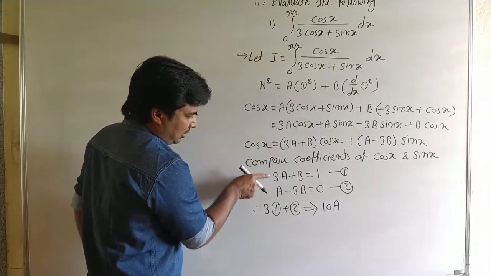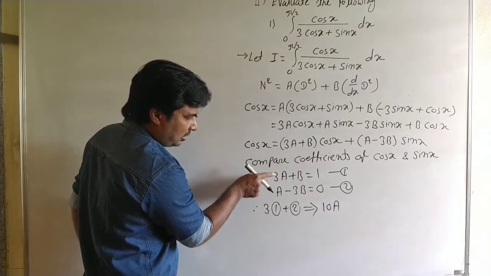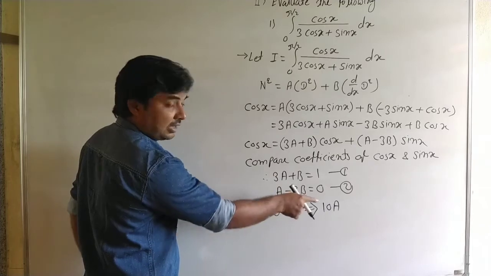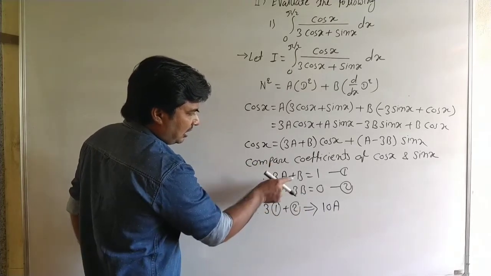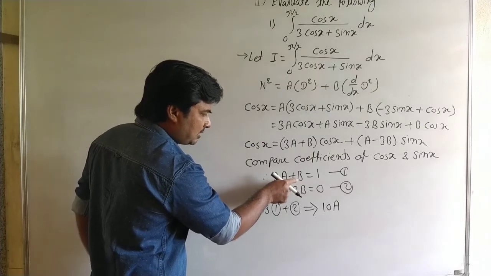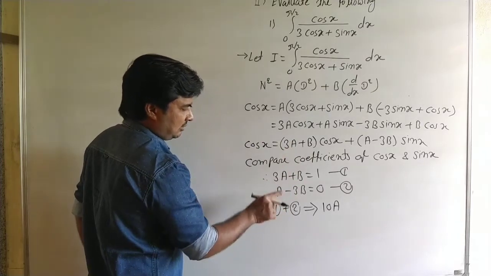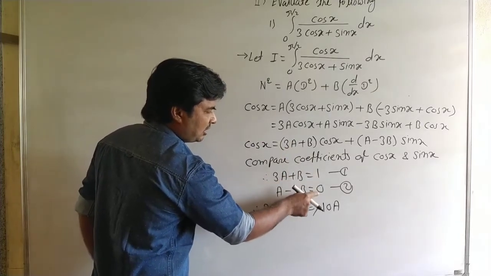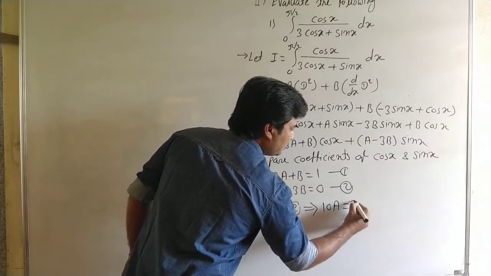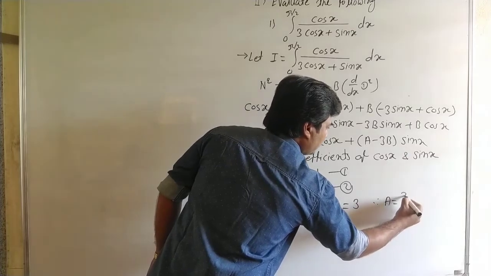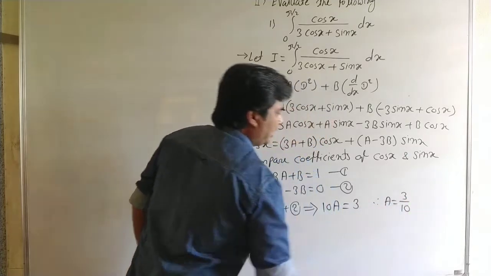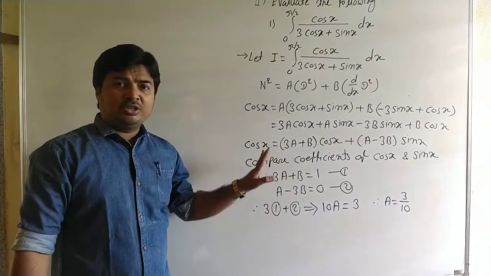Okay, we multiply equation number 1 by 3, therefore it is 9a plus a, that is 10a. When we multiply equation number 1 by 3, we get 3b, and the other term is minus 3b, so they get cancelled. Now here it is 3 and 0 is equal to 3, and therefore a is equal to 3 by 10. The value of a is equal to 3 by 10.